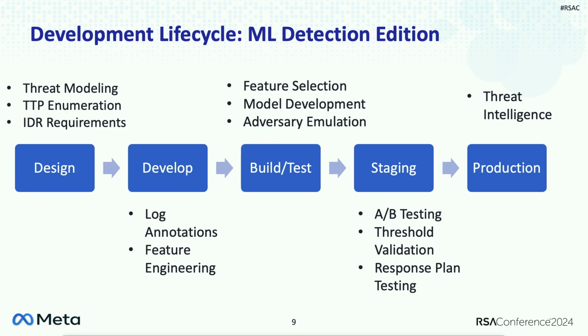Your next phase, and arguably where you'll spend most of your time, is in the development phase, specifically in the data domain. So you'll understand your logs. You may annotate them as appropriate. So if you have 20 different error logs that go in, you may need to cut those down to 5 or 10, or group them together as appropriate. And then that goes through our process called feature engineering, where we create our aggregations as well.